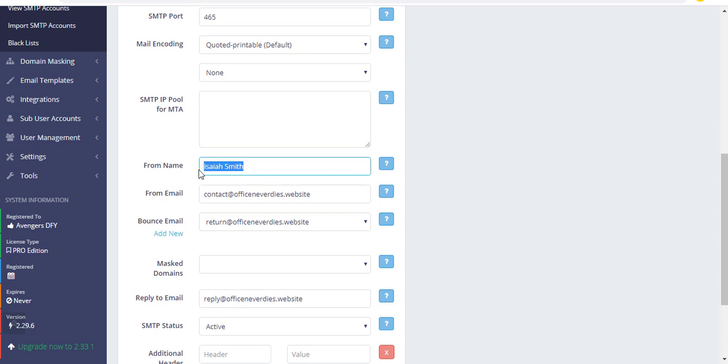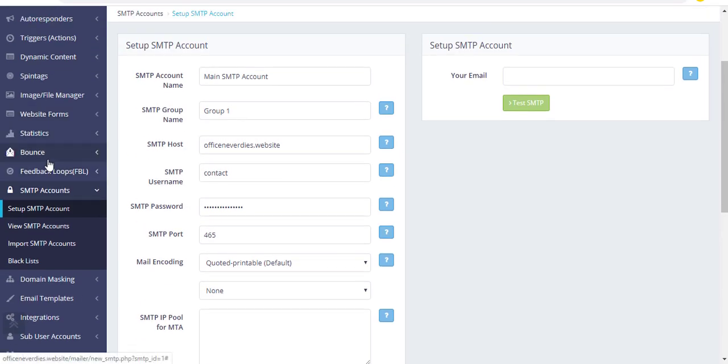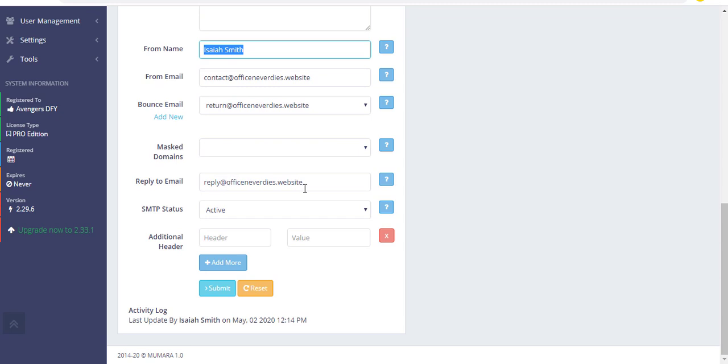And this name actually shows in the default installation as contact, but here we can change the name, and it is the name that is shown to the recipient when the recipient receives that email. And for the from email, by default this is the from email address, and the bounce email address is already configured in the bounce section. And the reply-to email is actually not necessary to enter, so we can even delete it. And for additional headers, we don't require any.